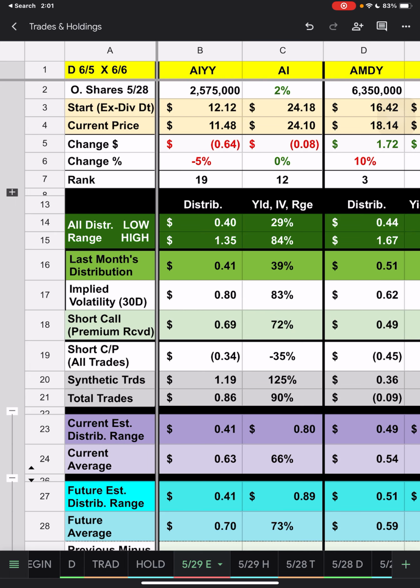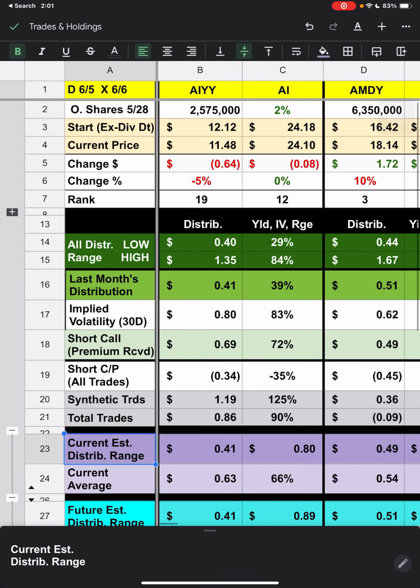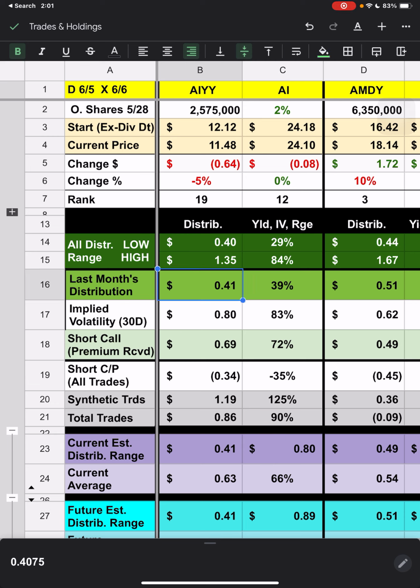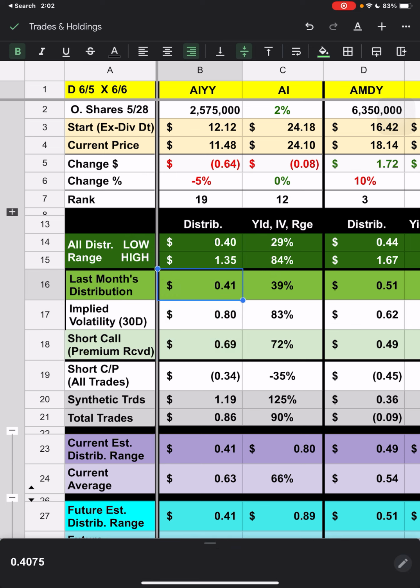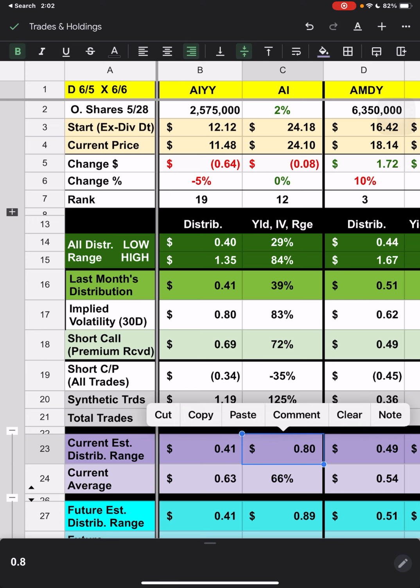it is included in this, where is my pointer? Well, I don't know where my pointer on my sheet is. But anyway, so this range includes that, right? It includes all 3 of these. So if this was their lowest distribution in this case, then yes, the lowest number is going to be here, unless for some reason the IV, or if this one's less, but it's possibly going to be there. Same thing if it's the highest distribution, because some of them paid out the highest distribution they ever paid. Then that's probably going to be here.